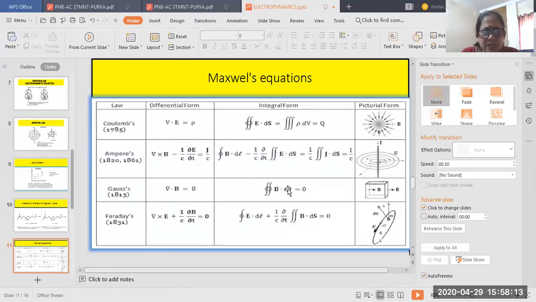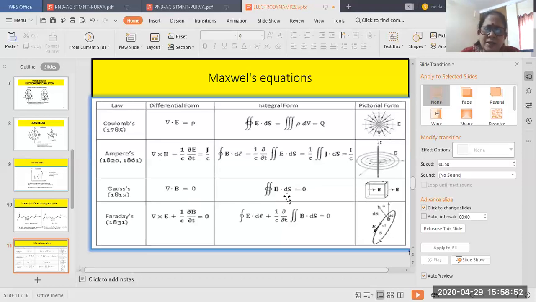Now this ds should be collinear with B. Collinear means the direction of the normal drawn to ds should coincide with the direction of the magnetic field, the induced magnetic field, or whatever it is, B. If the direction of the area element and the magnetic field are collinear, that means they are both pointing in the same direction. So then naturally the value of this is 0, because the value I have defined here is 0.